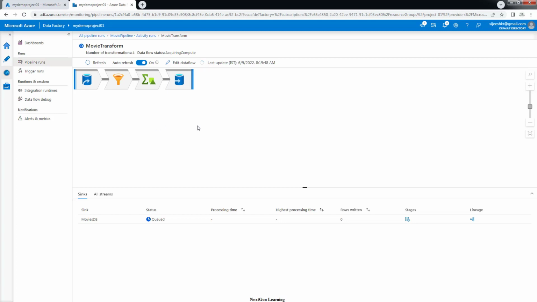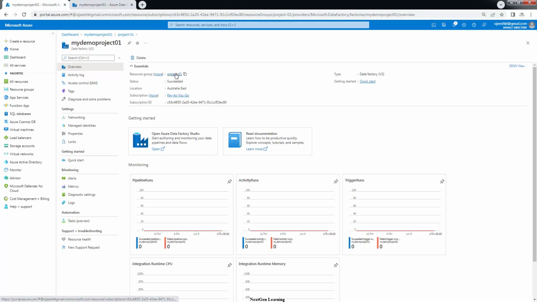Let's wait for some time and it will take some time to complete. Based on the transformation, it has to do a lot of initialization in the backend. Then the transformation and all will take some time. So finally you will get your result in the